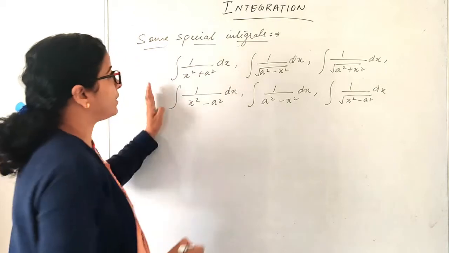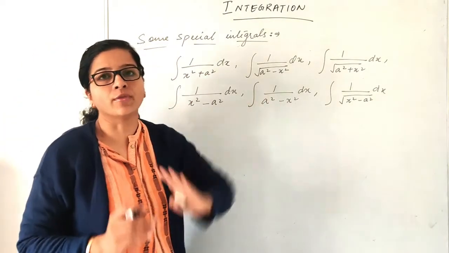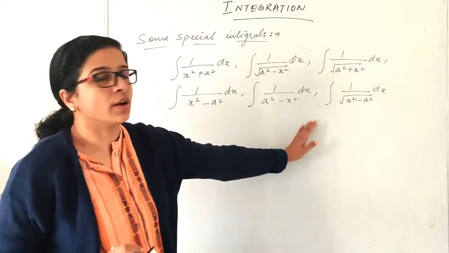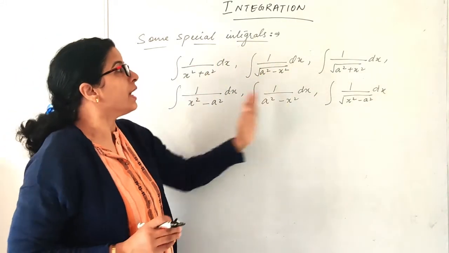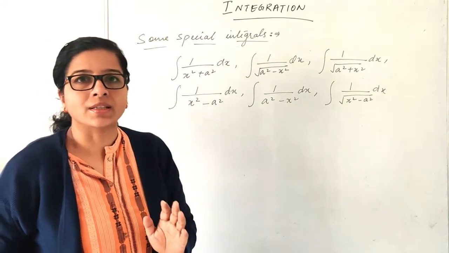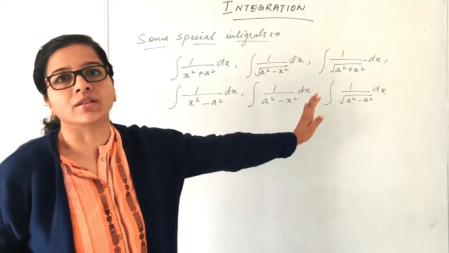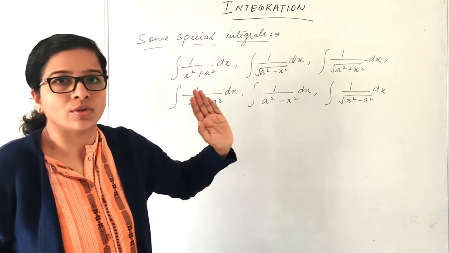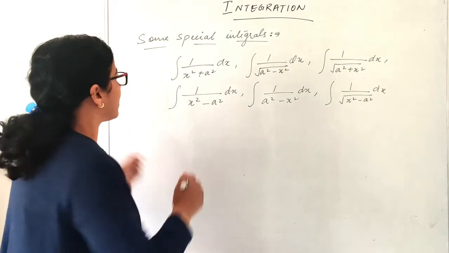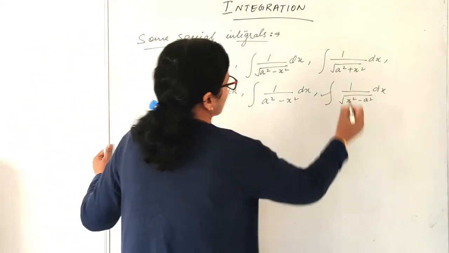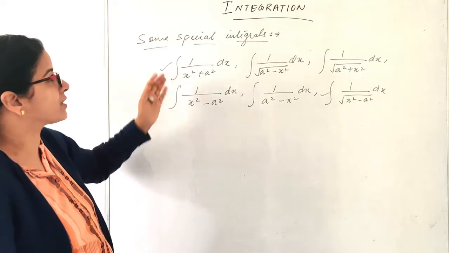So to solve these types of integrands, we have to use the substitution method, right? And these come under the category of some special integrals. After getting the formulas for these, we can use them as identity integrals, or we can use them as standard integrals. So let us check out the integration of this one, and this one, right? So let us get started with this integral.